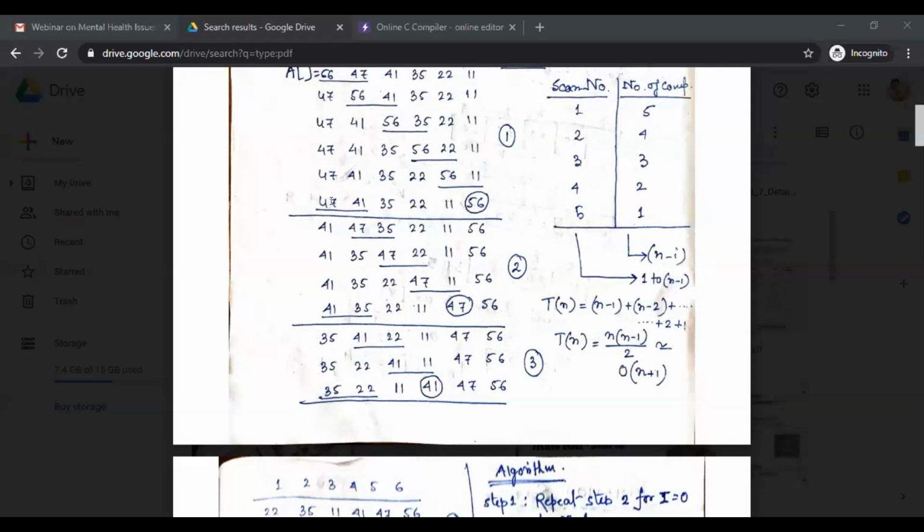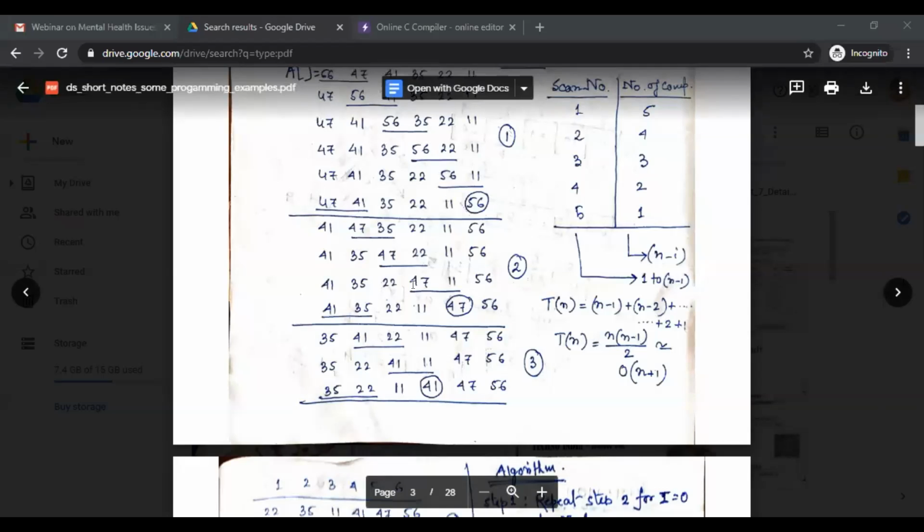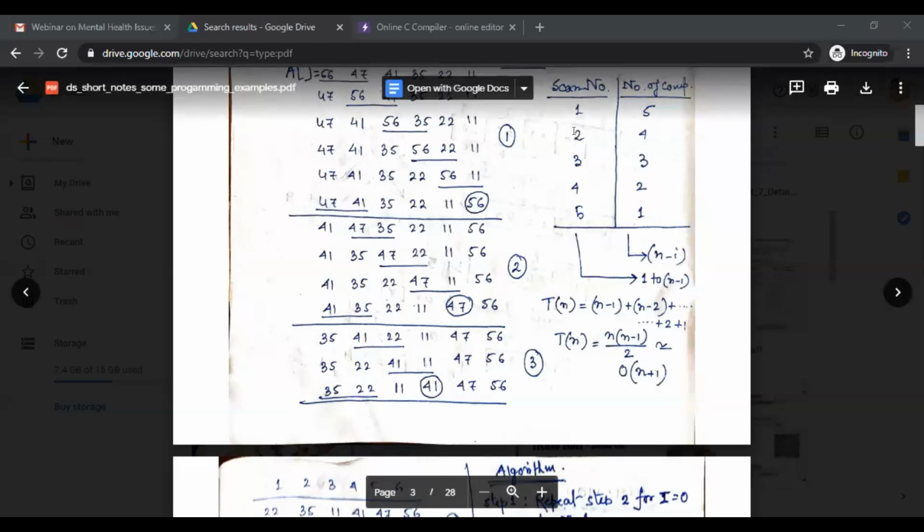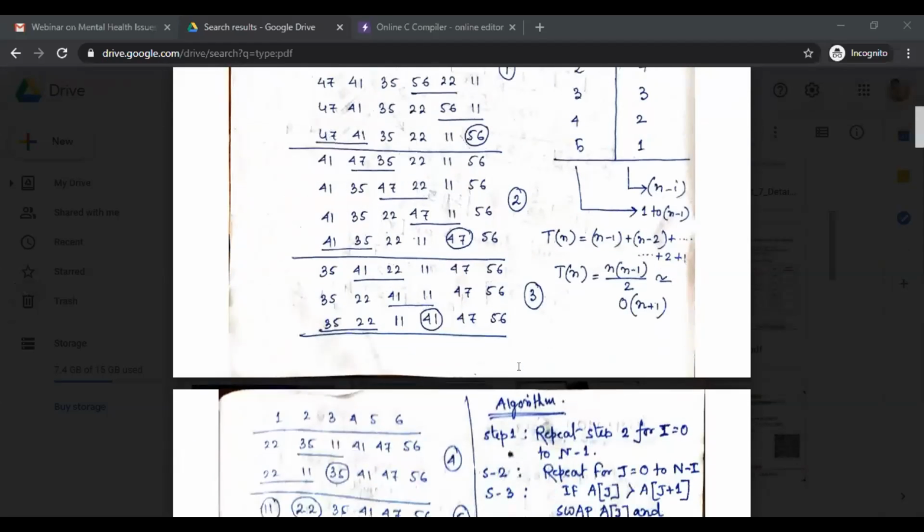And how many comparisons did we require for finding the second position? 1, 2, 3, and 4. See, in pass number 2 or scan number 2, we required 4 comparisons. Right? Next, move on to the next scan, which is the third pass.